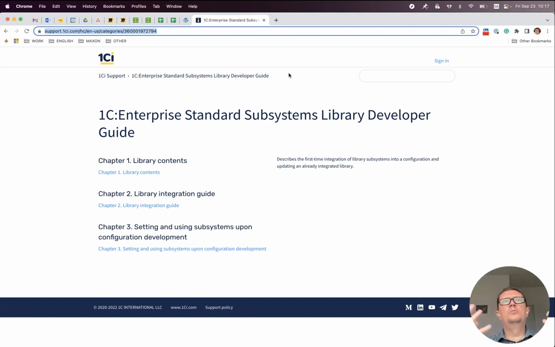From these requirements, you already know what pieces of functionality you're going to need in your application. So you pick the subsystems that you will need from the subsystem library, and you make an application out of those subsystems. Then you start working on top of it, building your functionality on top of the library that is already in your application.